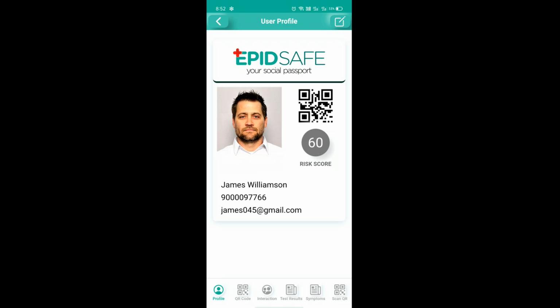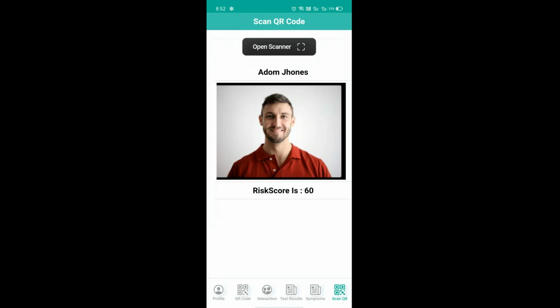Currently, in the scan QR code section, Himanshu, can we put phone number also? Maybe, yeah. Let's add phone number and other details if required. If the user has shared their phone number, then we could show their phone right here. And also, you can have an option saying log interaction with this user, right? You can click there, and that will just log the interaction so that we know that you met this person on so and so date. And if this person tests positive after 4 days, I will automatically get notified.